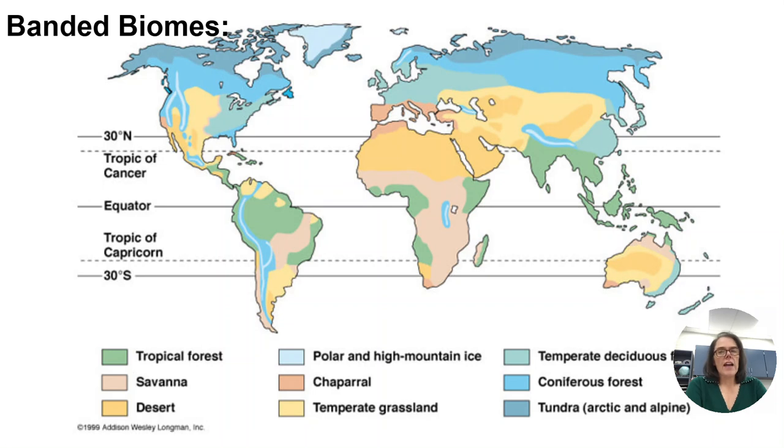Now, this is not the only thing that plays into biomes and where they are. There are other factors, and two that I want to point out to you. One is elevation, which is also going to play a role. As we go higher up, we, of course, lose temperature, about 3 degrees per 1,000 feet or so. And we also have ocean currents that are playing a role in here. So let's talk about those.